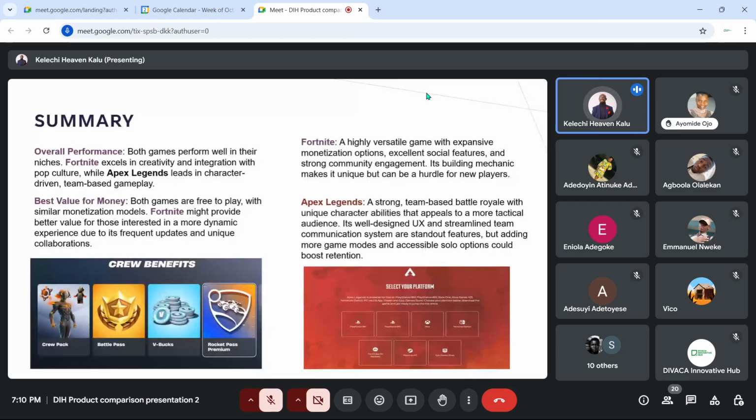So overall, in summary, for overall performance, Fortnite actually shines in creativity and cultural integration, while Apex Legends excels in character-driven gameplay. But for best value, both are